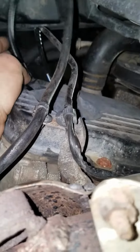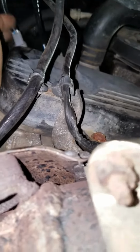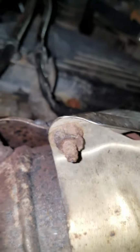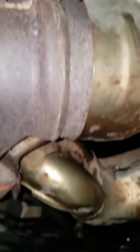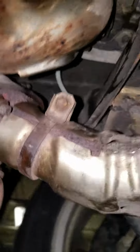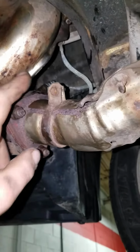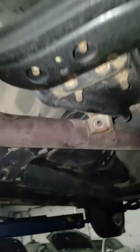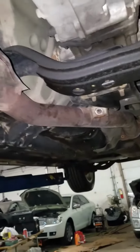You take off your oxygen sensor wires. They're both up top, right on the passenger side of the timing cover up here. Just disconnect those, pull those wires out of their little holsters so that it's free to drop. There's 3 bolts here, 1, 2, 3, and you want to get this bolt out here. That way you can get the exhaust free when you drop the main part of the exhaust,